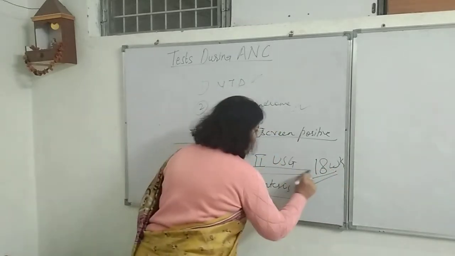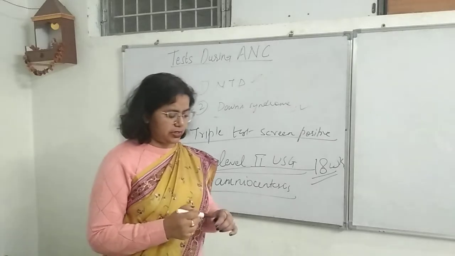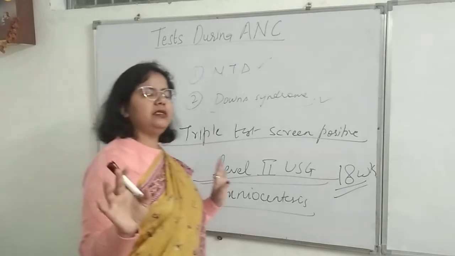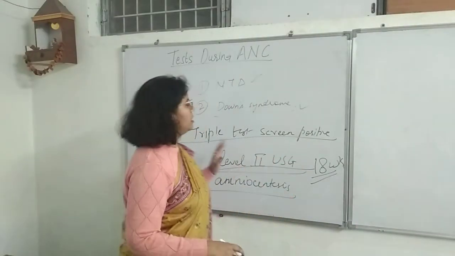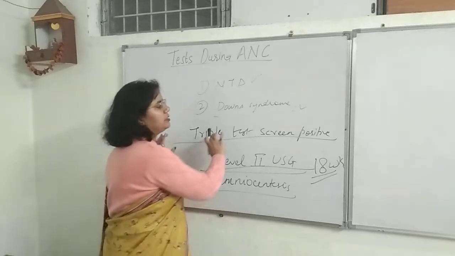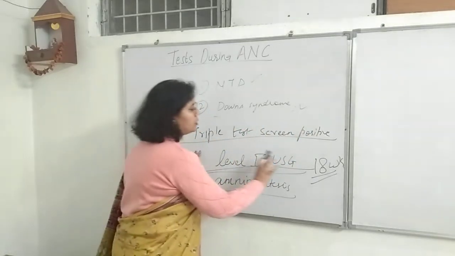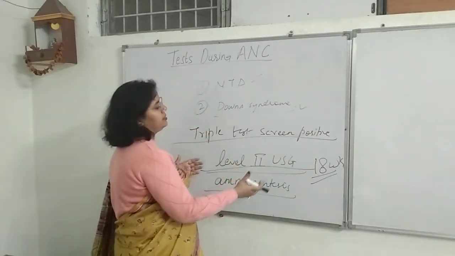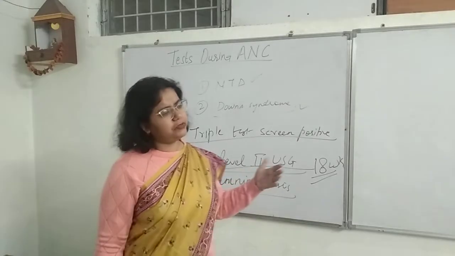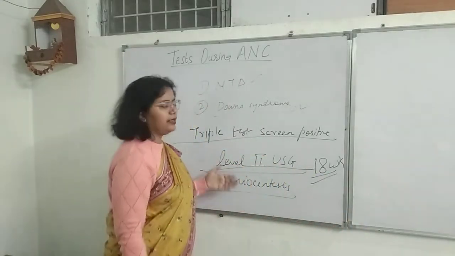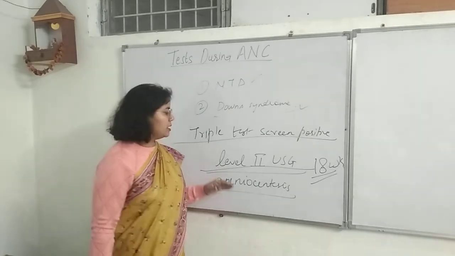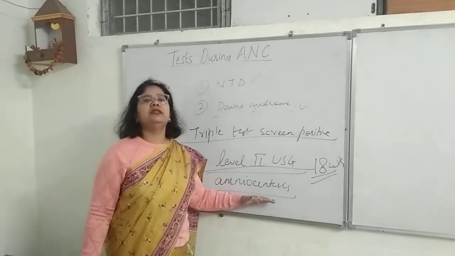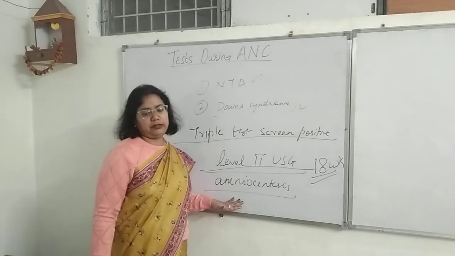If this is absolutely normal, no other sign, then tell her go and take rest and sleep peacefully. Why? She is having a normal baby inside. It was only screen positive, don't worry. Her ultrasound is normal, her baby is fine. If you get some abnormalities or some other signs in ultrasound, if there is any sure sign, then you can directly go to terminating the pregnancy. If there are some indicative points, then you will be subjecting her to the next test, that is amniocentesis.